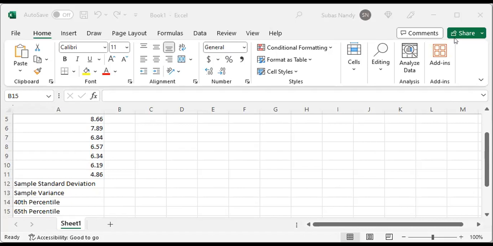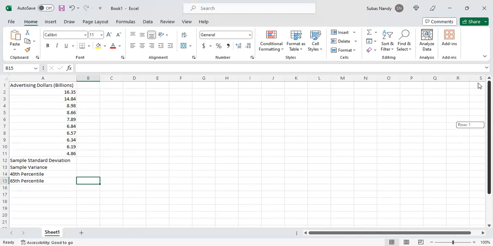Today we are going to do calculation for sample variance, sample standard deviation, and percentiles using Excel. So here's the problem. Advertising dollars in billions for certain firms are given. We have to find sample standard deviation, sample variance, 40th percentile, and 65th percentile, and we are going to use